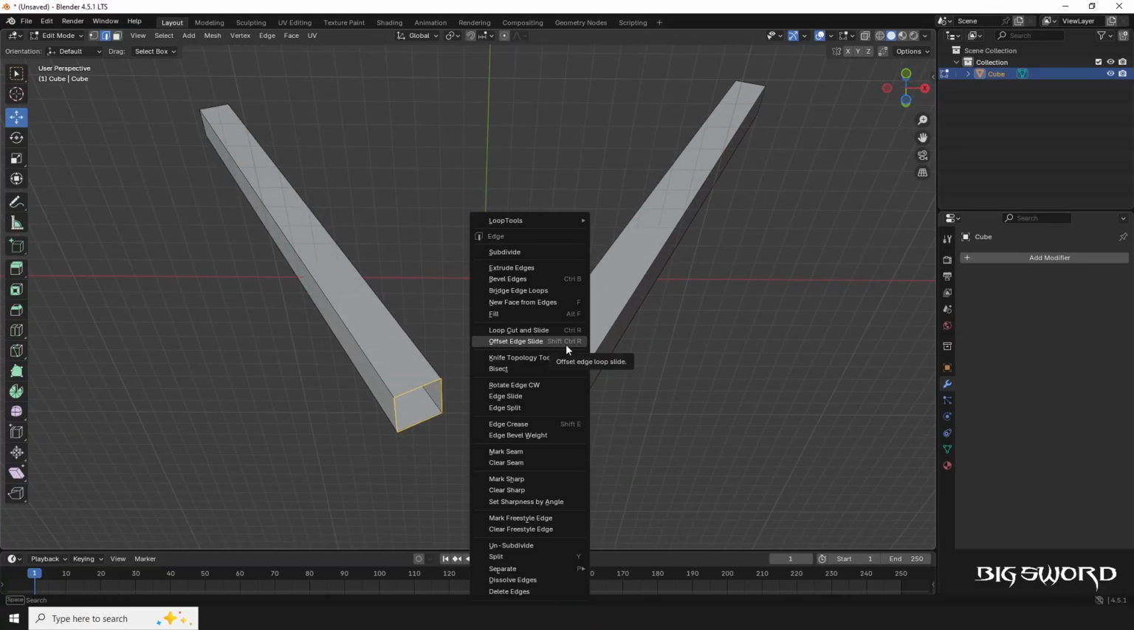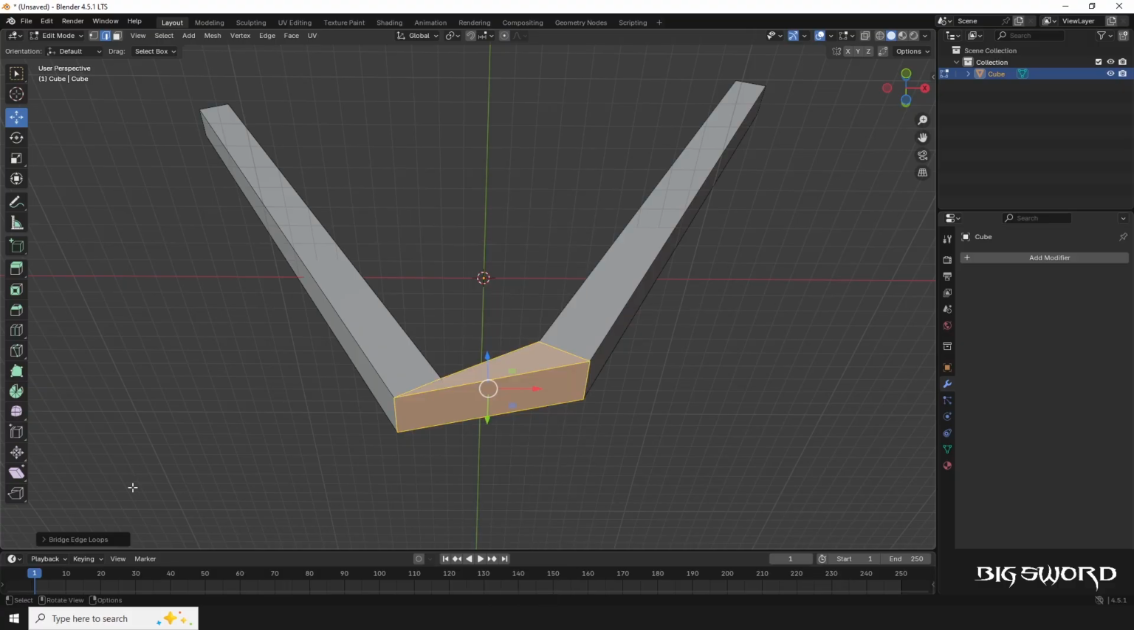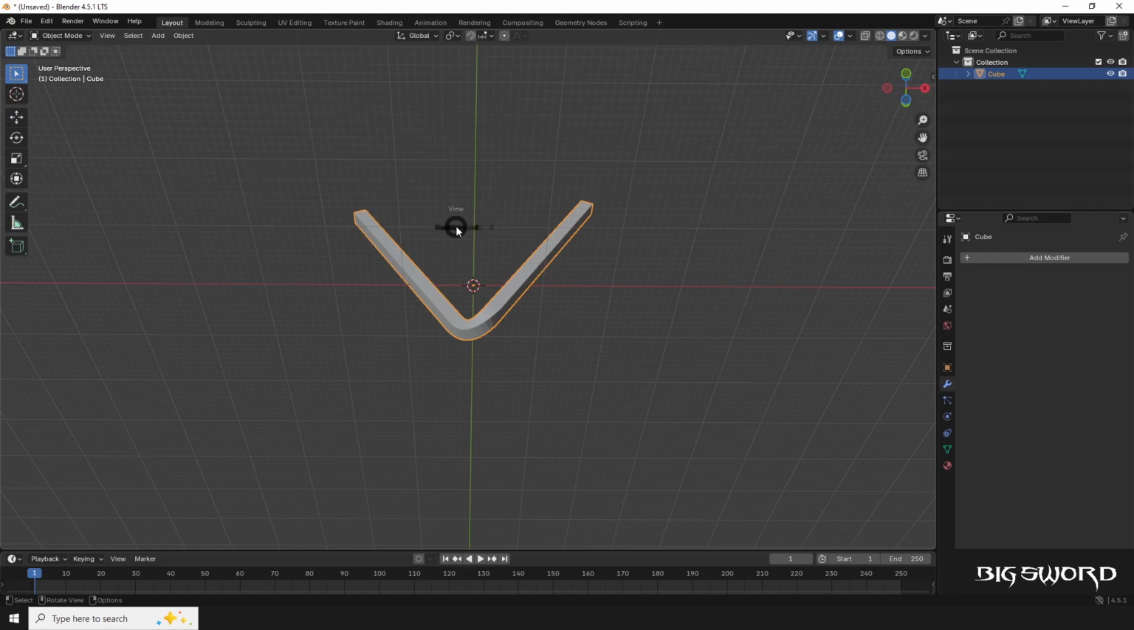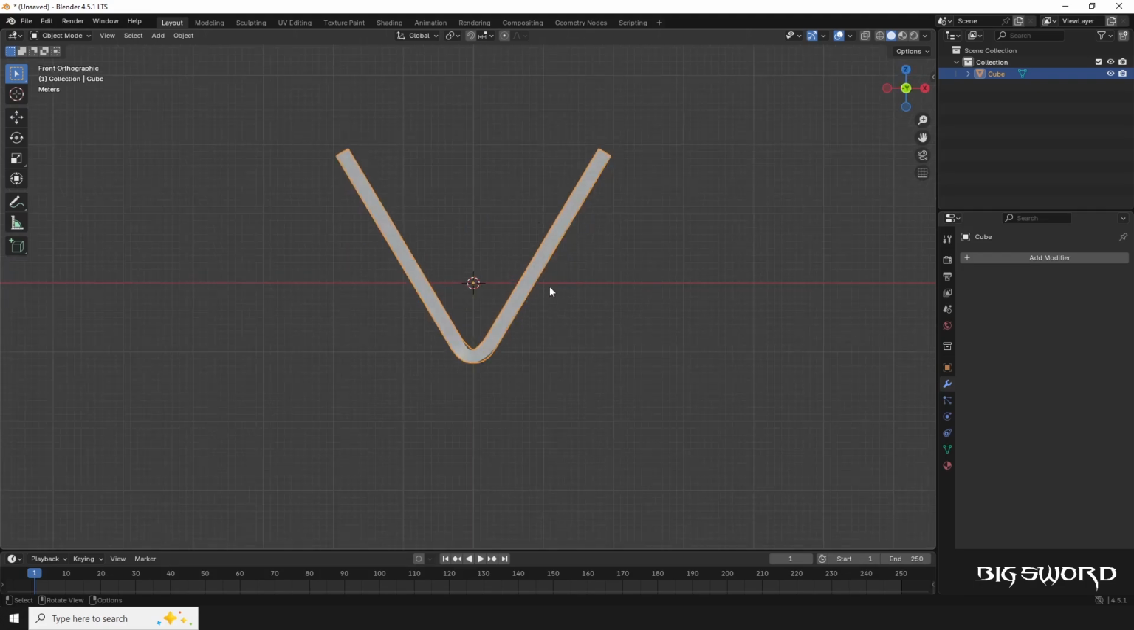Then right click. Then we can use this bridge edge loop tool. The division we need to increase. Yep, happy with that. After that, go to the front view again,